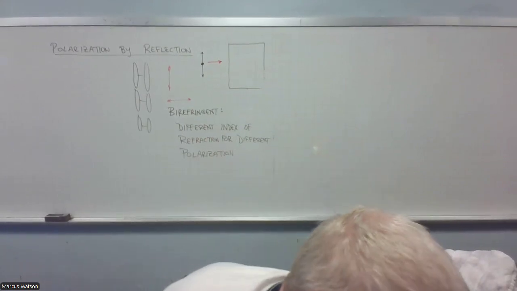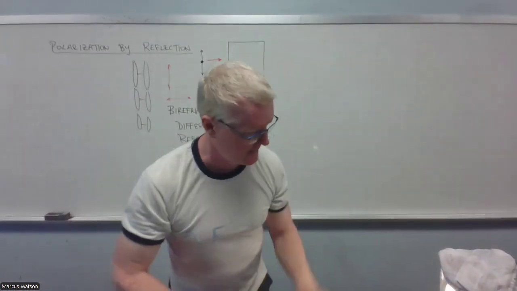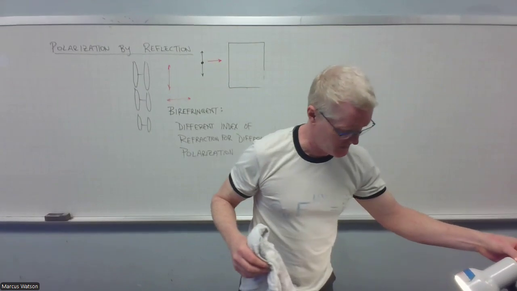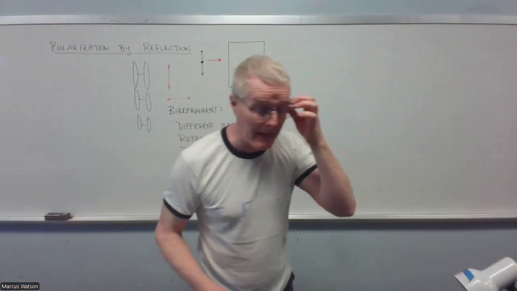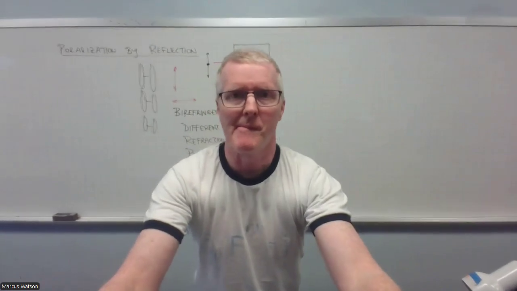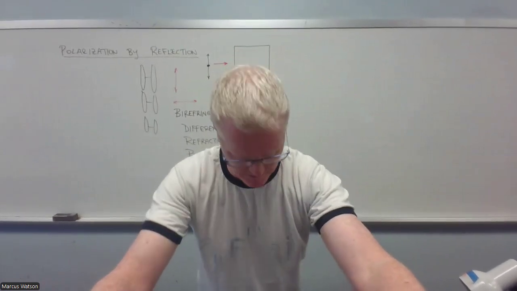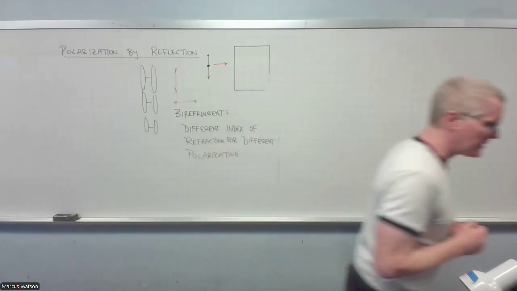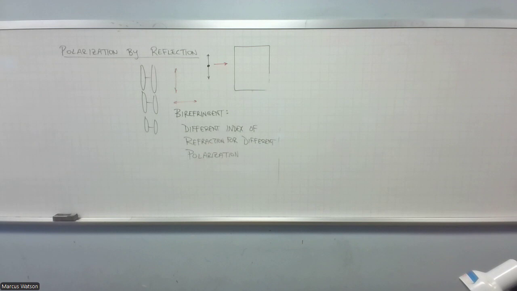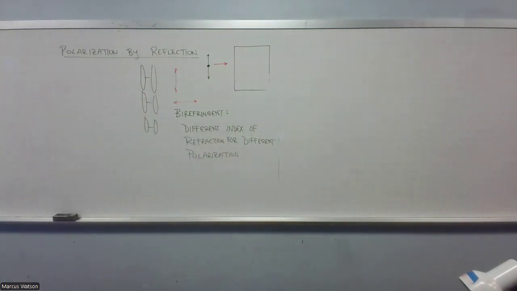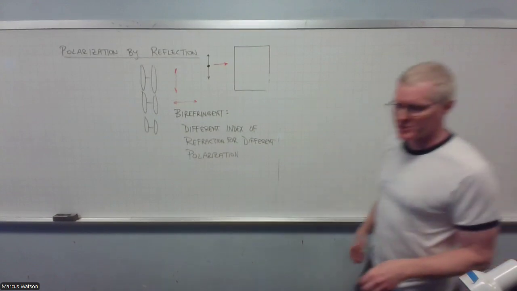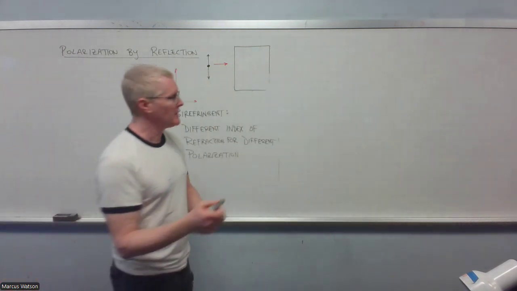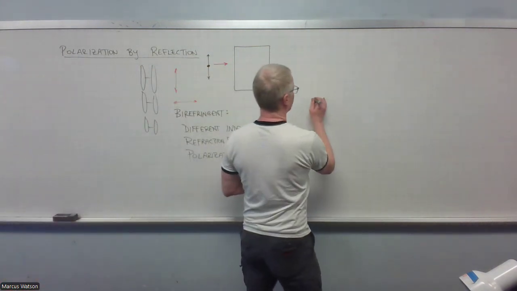All right, so there's that. So let's talk about that. Let's get a drawing of that on the board here so that you can see what it's going to look like. Now, the polarization of the reflected light is going to be in the same direction as the plane of the surface. So what that means is, if I draw a surface like this,